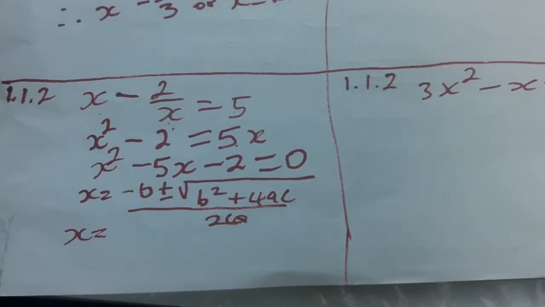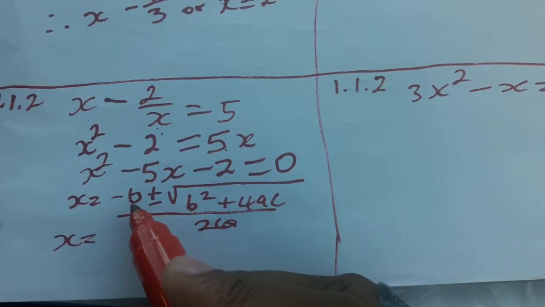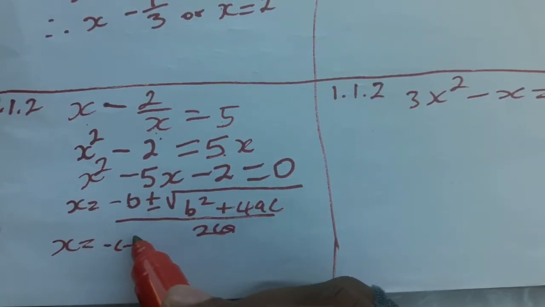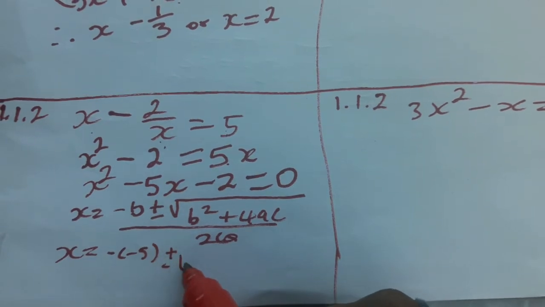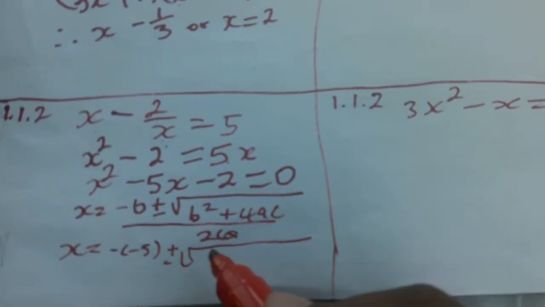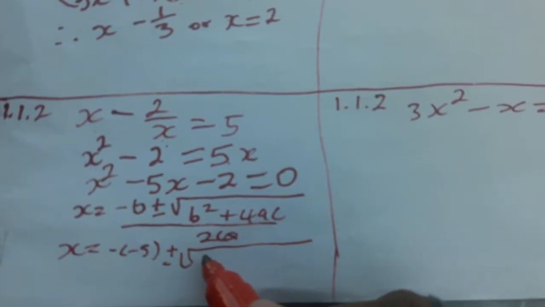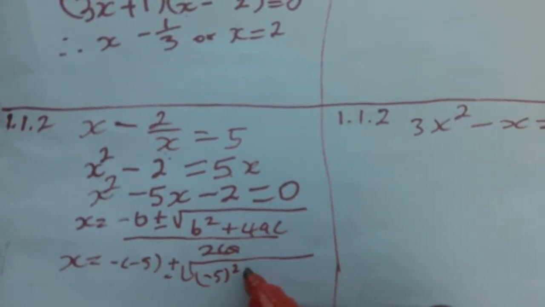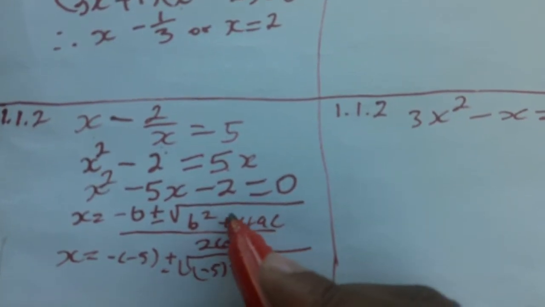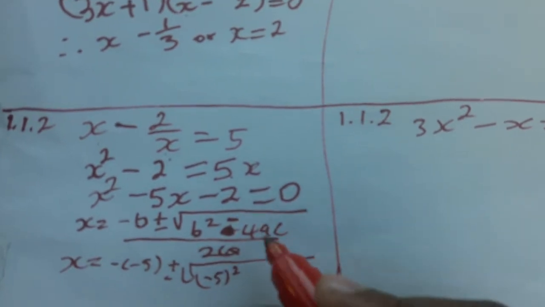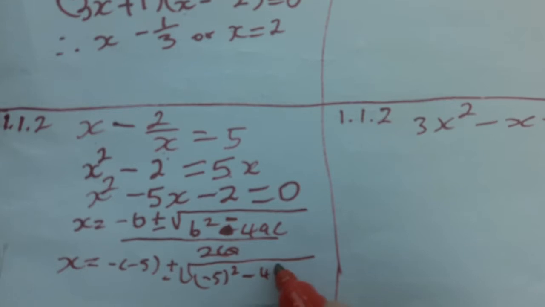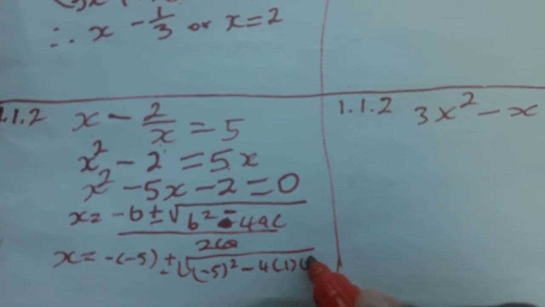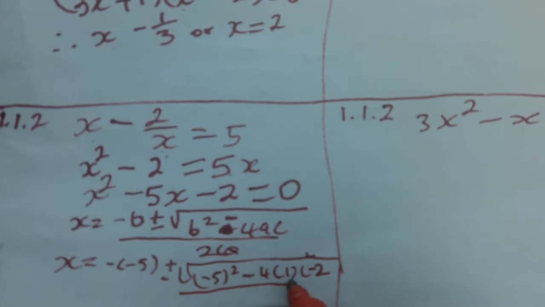Okay, here's our quadratic formula, nicely there. We know that b represents 5, so it's going to be negative 5, and then plus minus the square root of negative 5 squared, sorry, here it's negative, so it's minus, so minus 4, then our a is 1, and then our c is negative 2, so all that divided by 2